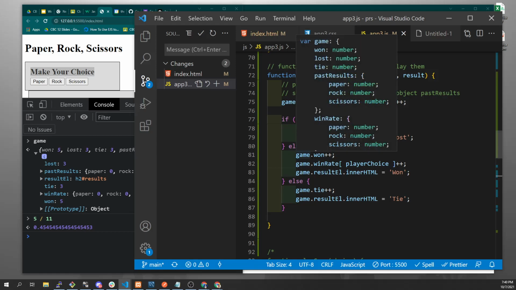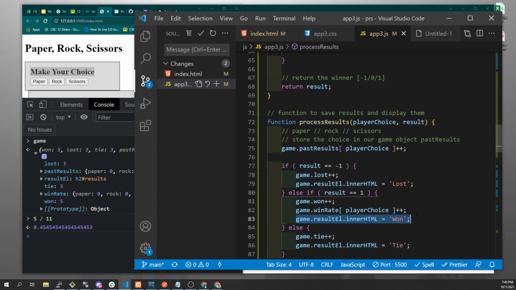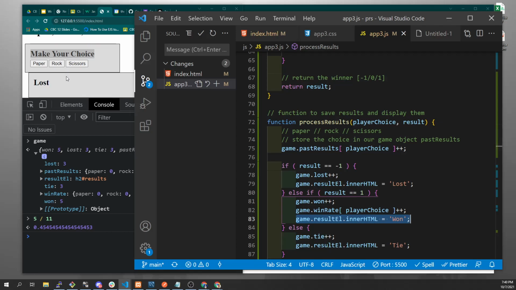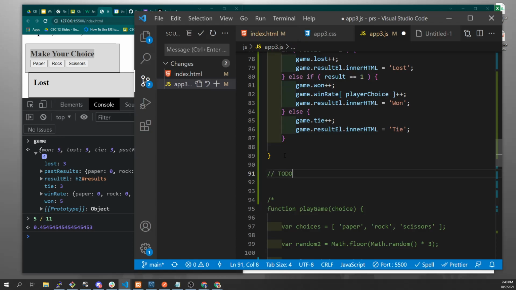The next step to me is, I think this function, process results, is probably going to end up doing too much stuff, because we also have it displaying our win, loss, tie information on our page, and we probably need to have it start displaying some of our statistics that we're starting to catch. So let's write ourselves a to-do: consider splitting out the display results